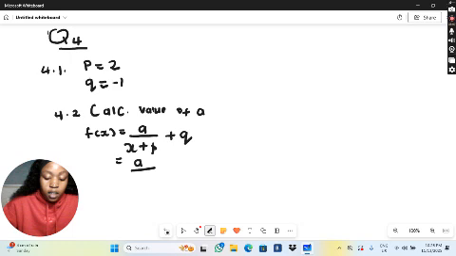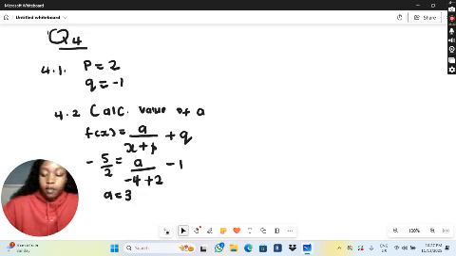We have negative p, it's 2, and then we add negative 1. Okay, on this other side we have negative 5 over 2. So our a, when you check on our calculators, will be equal to 3. So okay, for 4.3 we are going to